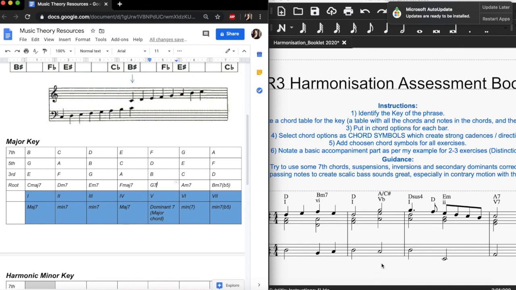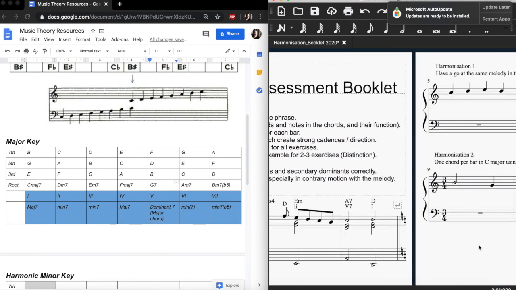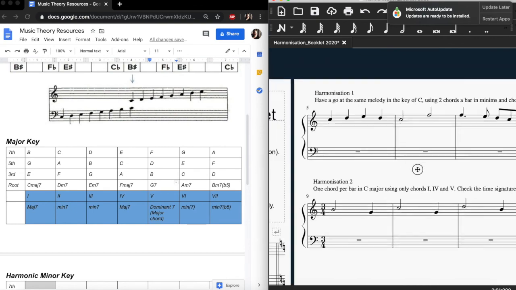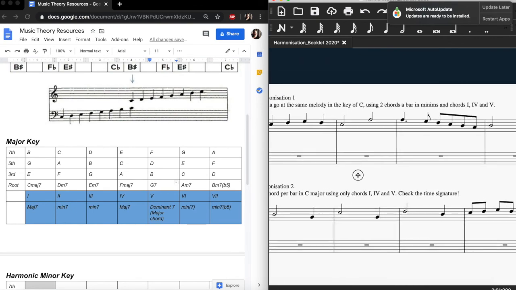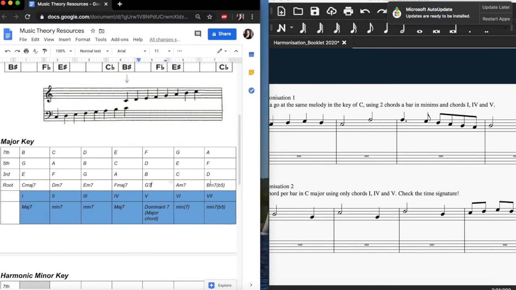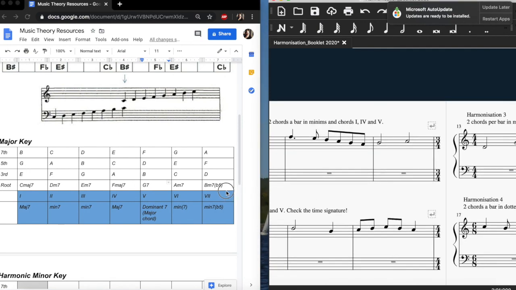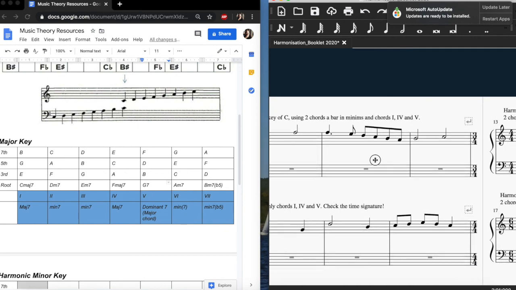So the next thing we need to do, really, if we look at this, is put chord options in for the bars. This is where you need to figure out where you want to start. There are different thought processes around this. You don't necessarily always need to start at the beginning. Starting at the end is quite good because you want a good ending. So if we think the piece of music's in C, there's a C at the end of it,